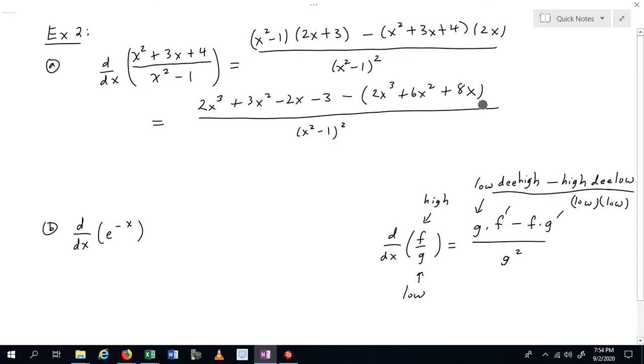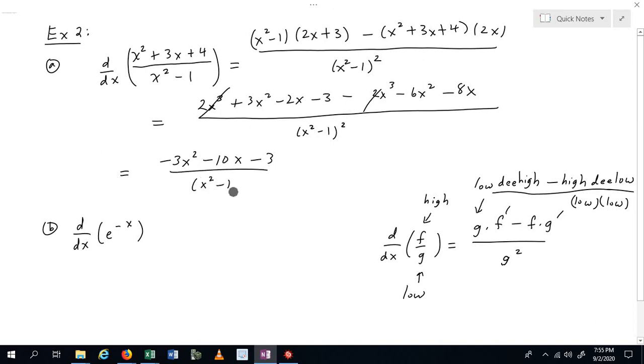Okay, and I'm going to go ahead and distribute this minus sign. Of course, you have to distribute it to every one of these terms, but it's just going to change the sign of each of these. So you're going to end up with a negative for each of them. Notice these cancel out, and then you're left with 3x squared minus 6x squared, which is minus 3x squared, and then minus 2x minus 8x, that's minus 10x, and then minus 3, all over